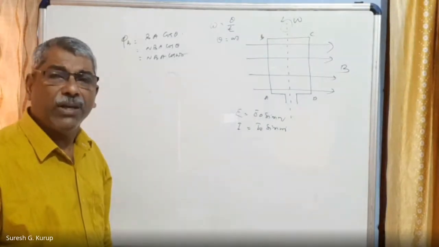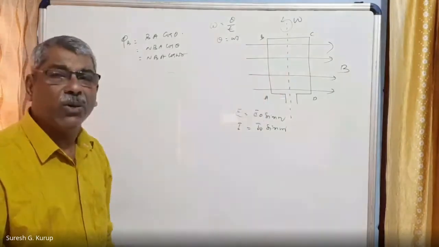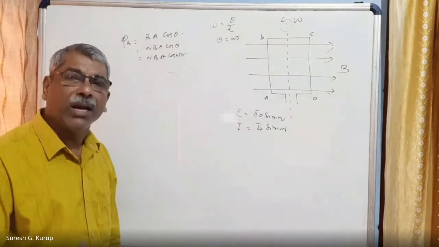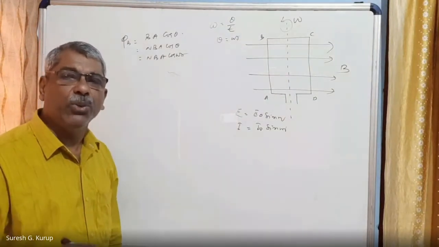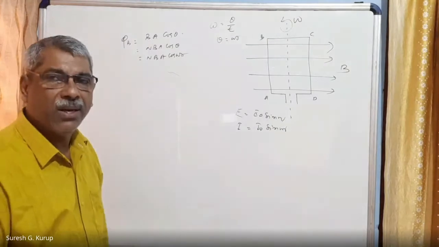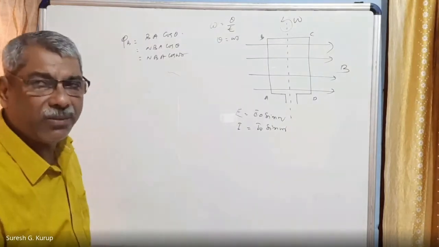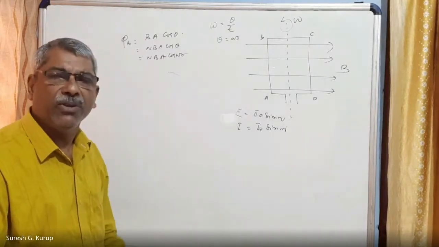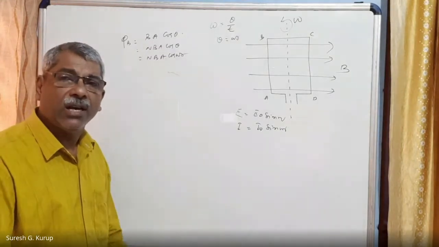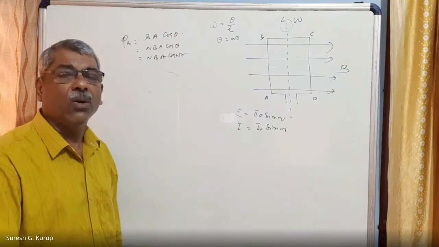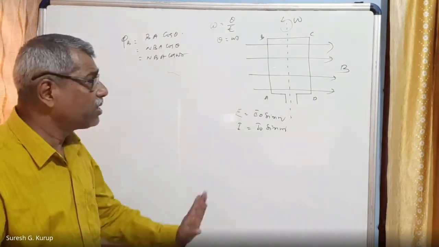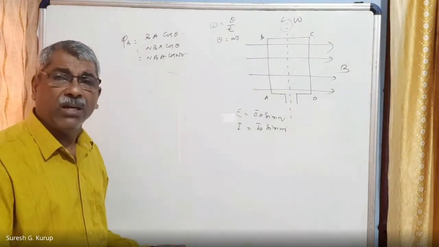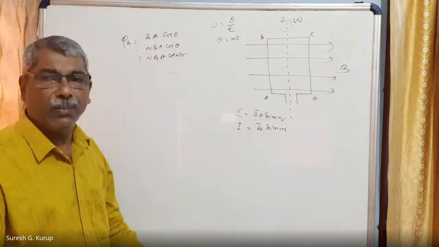Now we have to find what EMF is induced in the coil, because this is electromagnetic induction. EMF produced is due to electromagnetic induction. We know that whenever there is a change in magnetic flux linked to the coil, EMF is induced in the coil, and hence a current starts flowing in the closed circuit. So for this, it is necessary that either the magnetic field must change or the area must change.